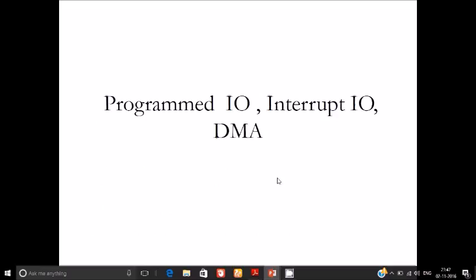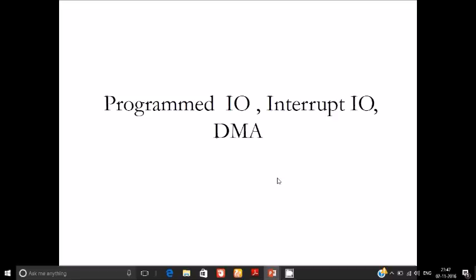In this video, I'm going to explain Unit 4 in the syllabus of the COA subject, Computer Architecture and Organization. In this subject, Unit 4 is Programmed Input Output, Interrupt Input Output operations, and DMA, Direct Memory Access. This chapter is particularly a theoretical chapter. You can expect a 10 marks question in every term end examination. In this chapter, I'm going to explain in detail all the topics that we are going to cover.